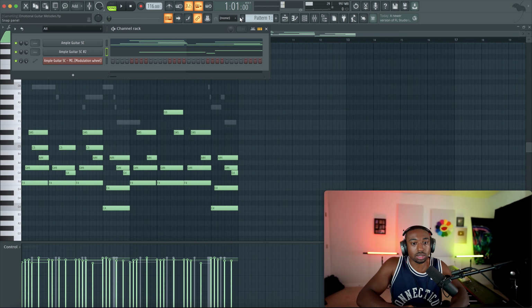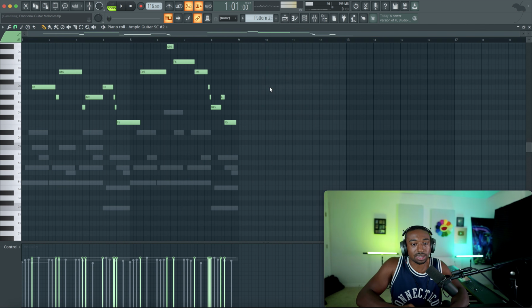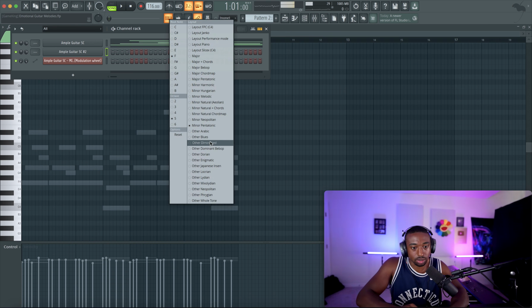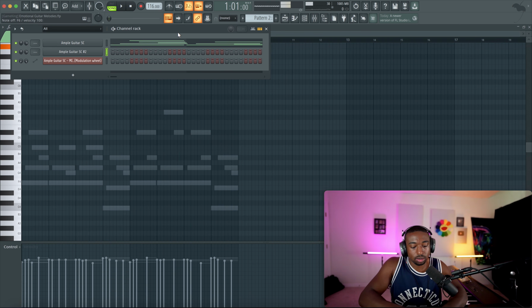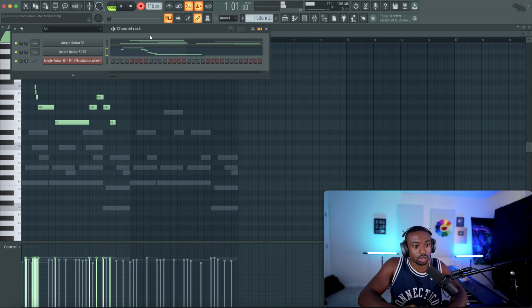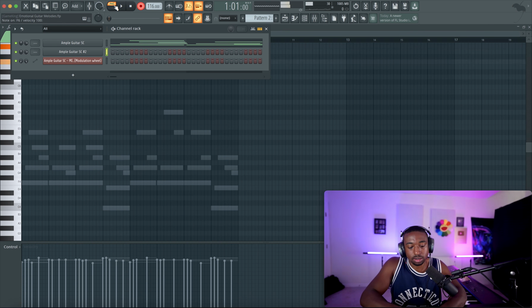And you can also clone this pattern and do the same exact thing, but with the blues scale this time. So blues scale can also work. It's hard to hear because I'm playing from song mode. That was an accident.